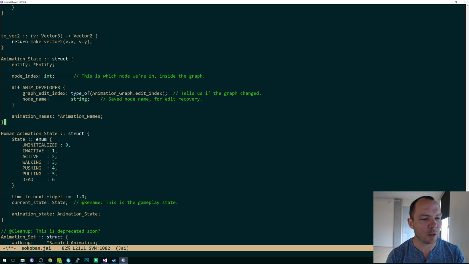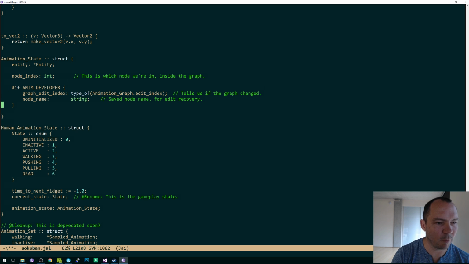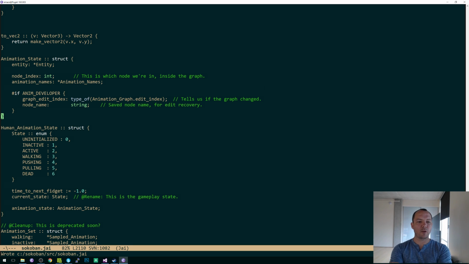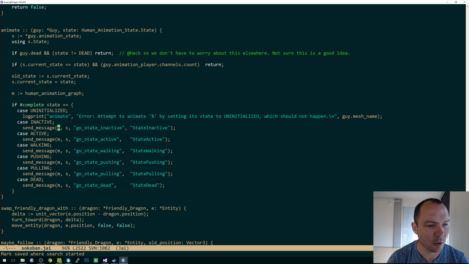So I'm not going to do a using because I want this to not really be an inheritance situation. I just want to have a thing. So we've got an entity, we've got a node index, we've got some animation names that we use to reference the tags, and then we've got this recovery stuff. So that's fine. And then when we call something like send message,